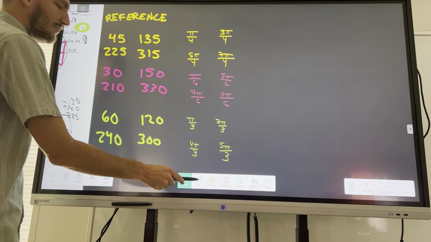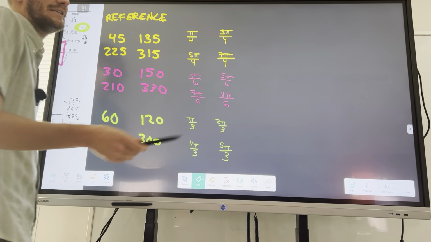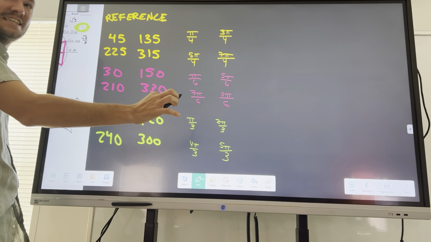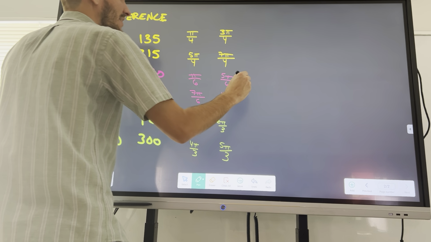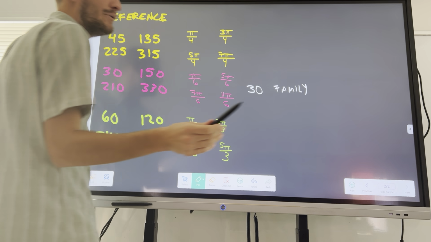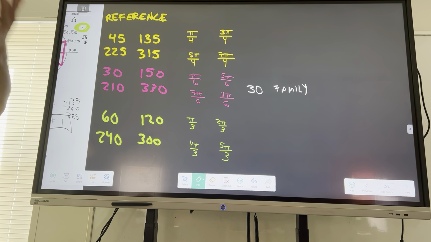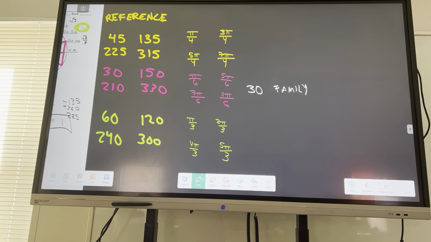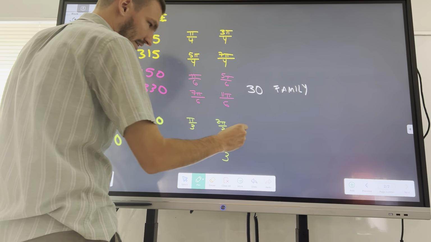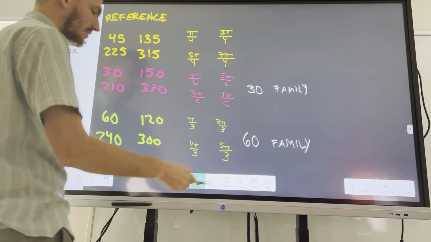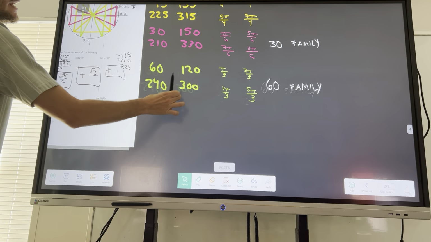Now, I have to point this out before we move on because this is the one place you'll slip up. When it says divided by 6, that matches with the 30 family. And so the rookie move is people see, oh, there's a 6 on the bottom, that must be a 60 number. It doesn't work like that, unfortunately. They're kind of opposites. So when it says divide by 3, it's not a 30 family, it's actually a 60 family. So now that we've pointed that out, we have learned everything from today,